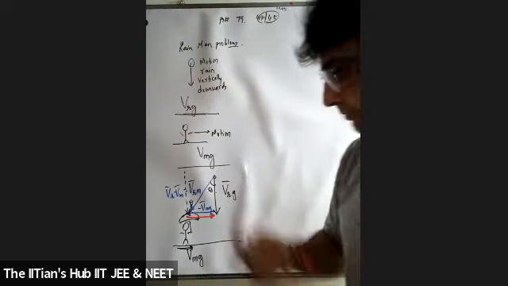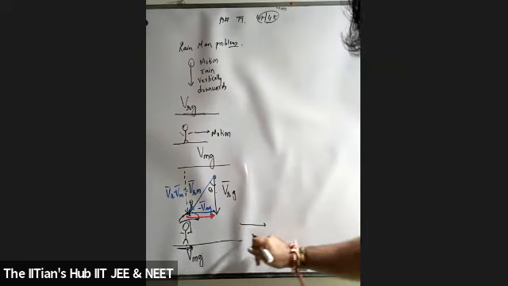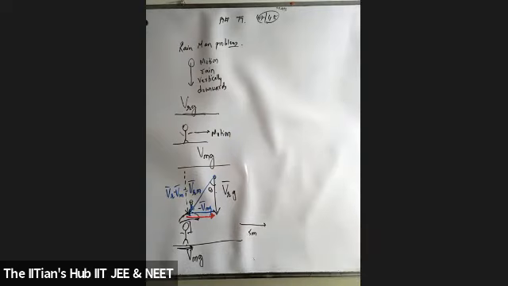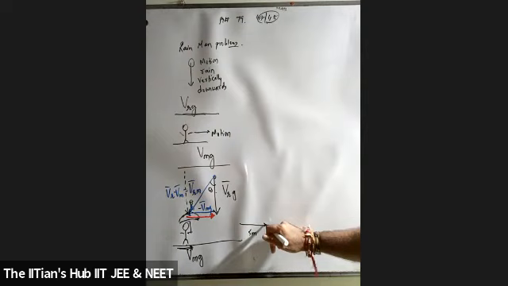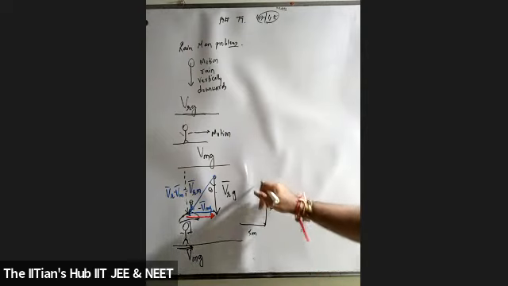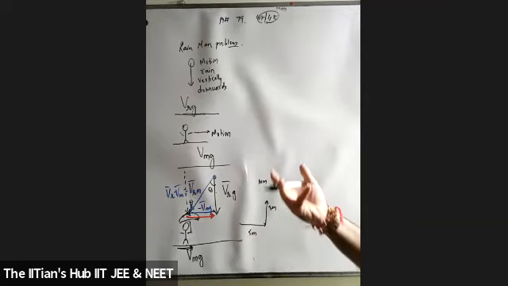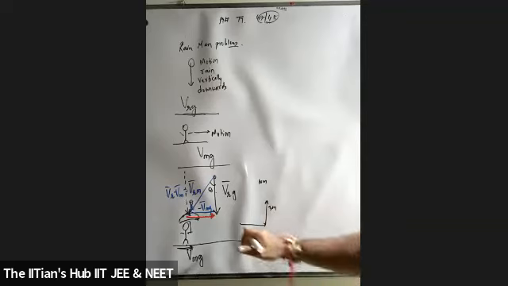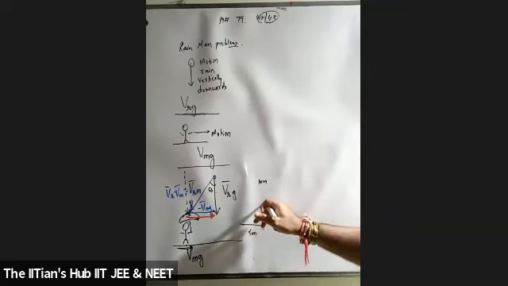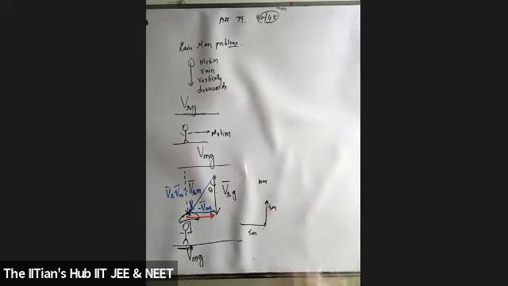Like suppose I gave an MCQ, students, listen carefully. I gave an MCQ: a monkey walks 5 meters due east, then 3 meters due north, and then he climbs vertically upwards 10 meters. Find the resultant. What will you do? Under root 5 square plus 3 square plus 10 square, because this is the x axis, y axis, and vertically upwards means the z axis, which is coming out of the whiteboard.